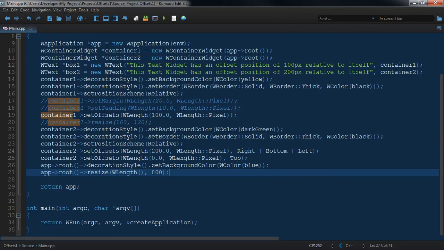And welcome back. This is just a mini tutorial on showing the set offsets in the Witty library. It's a continuation from the previous tutorial we just did. Basically what I've done in the